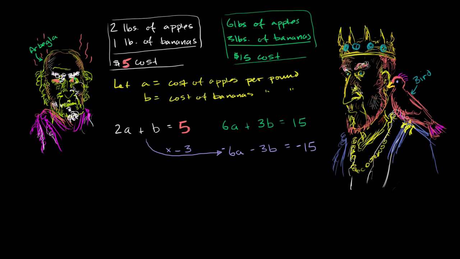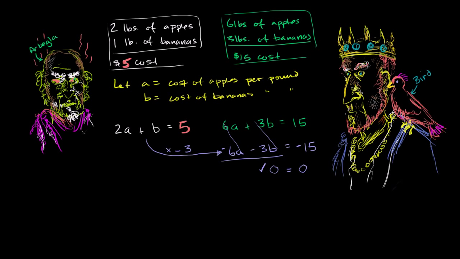And now something fishy starts to look like it's about to happen. Because when you add the left-hand side of this purplish equation to the green one, you get 0. All of these things just cancel out. And on the right-hand side, 15 minus 15 is also equal to 0. And you get 0 equals 0, which seems a little bit better than the last time, when we got 0 equals 6. But 0 equals 0 doesn't really tell you anything about the variables. This is absolutely true, 0 does definitely equal 0, but it doesn't tell you any information about A and B.